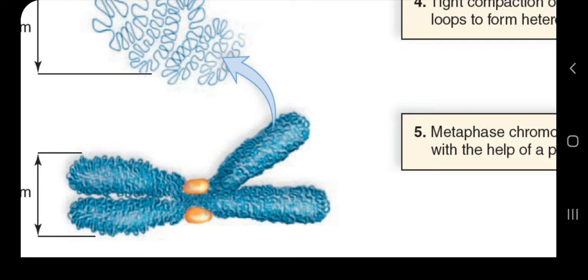I know many people will object, but this is for your understanding: they are all the same. If the cell is not dividing, then we call all the chromosomes together chromatin. If the cell is dividing, then we can easily distinguish the chromosomes, and we call them chromosomes. So whether we call it chromatin or chromosomes, the thing is the same. It is DNA plus protein, and